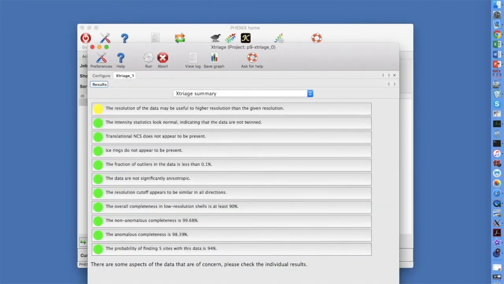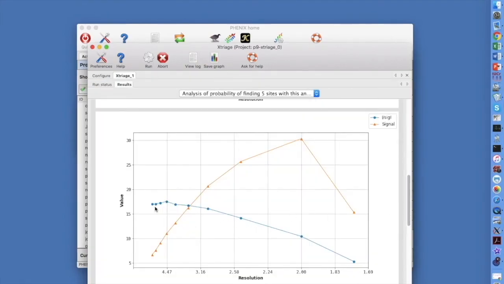Now let's look at our anomalous data. The traffic light says the probability of finding 5 sites with this data is about 94%. After clicking, this plot shows in blue the I over sigma we saw before as a function of resolution. And in brown it shows the estimated anomalous signal, which is 10 for an okay SAD dataset and 30 for a great one. The more data that is included, the higher the anomalous signal, up to a resolution of about 2 angstroms. This gives us an idea that 2 angstrom data is a good range to use in finding the